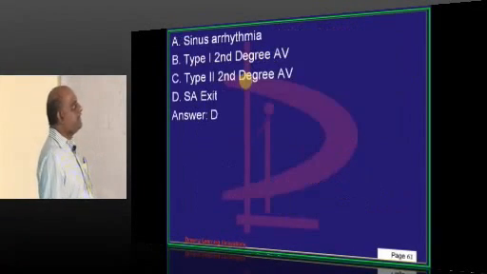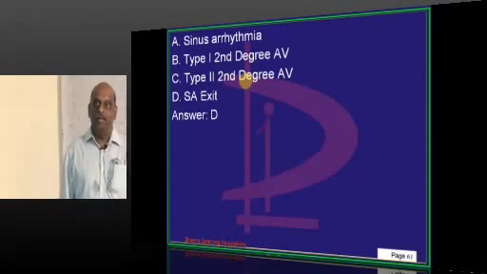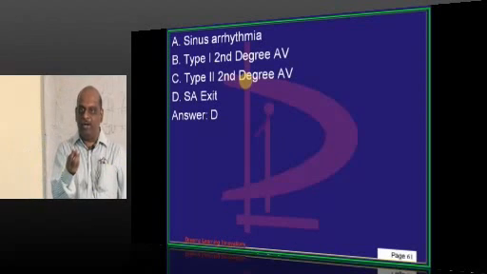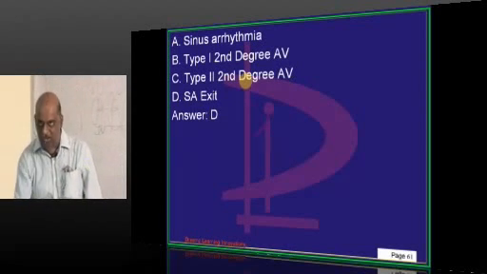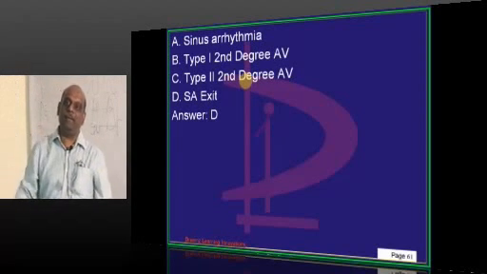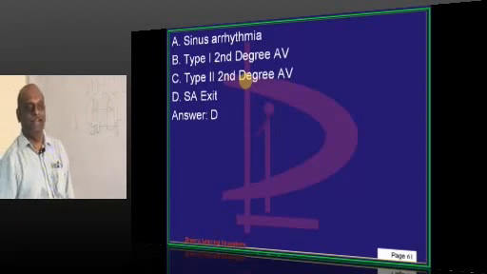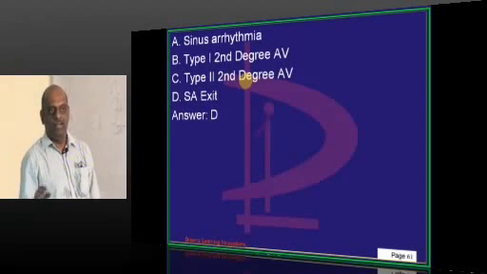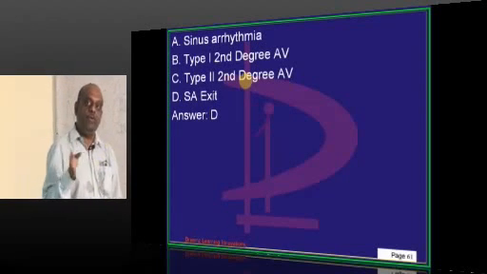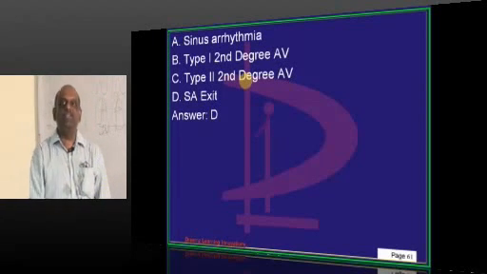Why not Mobitz? Why not Mobitz type 2? In Mobitz type 1 and Mobitz type 2, the P wave will be there, QRS will be dropped. That is AV nodal block. So the P wave will be there, but QRS will be dropped. Then you call it heart block. Mobitz type 1 and type 2 depend upon whether it is suddenly dropped or slowly dropped with the Wenckebach phenomenon. Then you call it Mobitz type 1 block. If suddenly dropped, you call it Mobitz type 2. But in Mobitz type 1 or type 2, what do you have? You have a P wave, but what is dropped? QRS. But here the P wave is dropped.